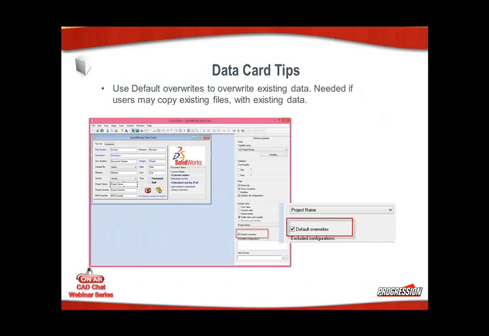Another option I wanted to mention too is the default overrides. In this case, you can see once again that card where it's linked to that folder card data, populating and pulling that project name. Here I've checked the box for default overrides. Now the main reason for this,